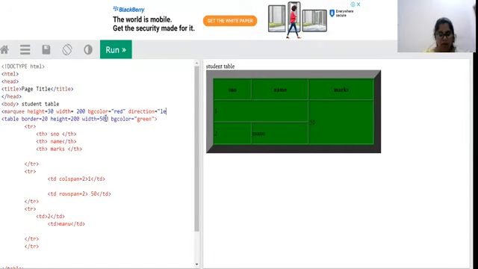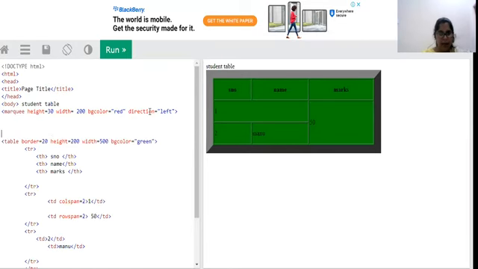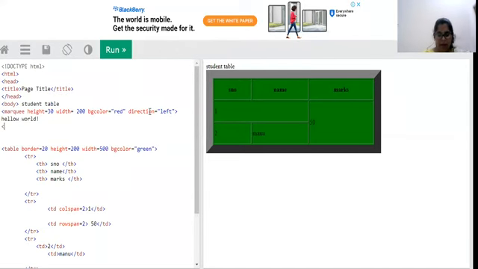I'm giving left. And the content which I wanted to scroll is hello. And finally closing of the marquee. You can see how it will come.